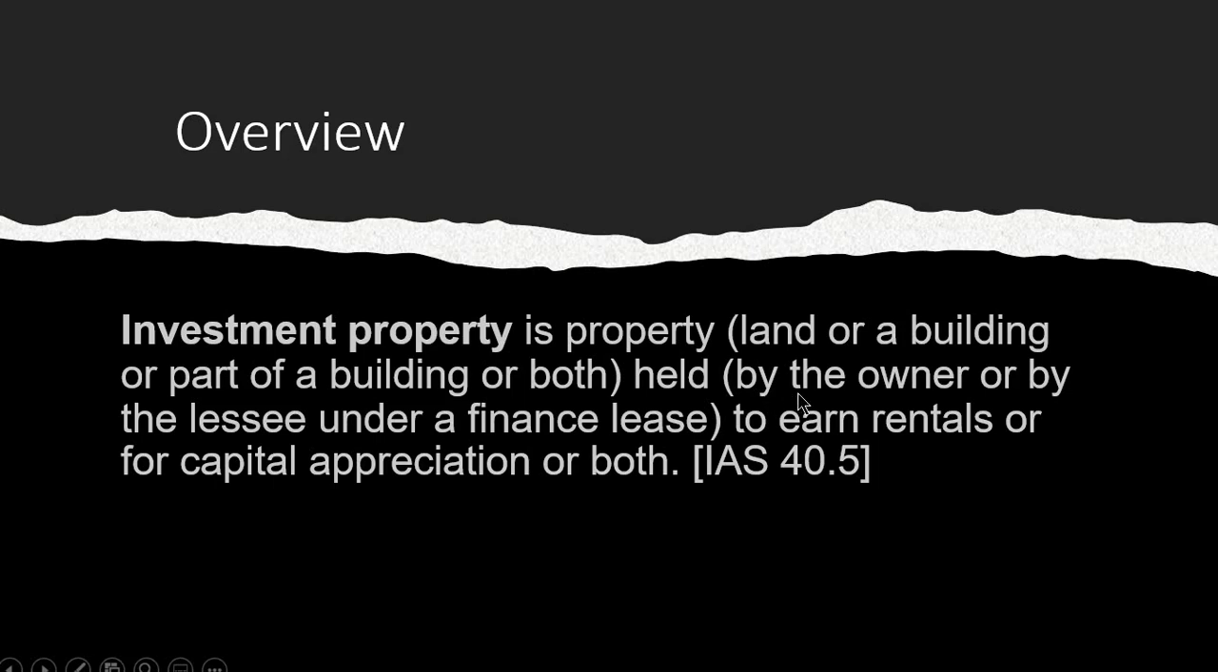Now, again, it is held by the owner or by the lessee under a finance lease. Basically, a finance lease is an arrangement between the lessee and the lessor, wherein the lessor will lease out a certain property to the lessee, and the lessee will be paying lease payments to the lessor. And at the end of the lease contract, which is also the end of the lease payments,